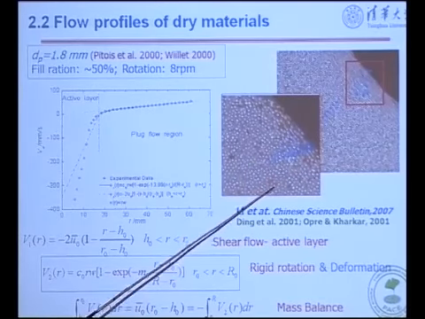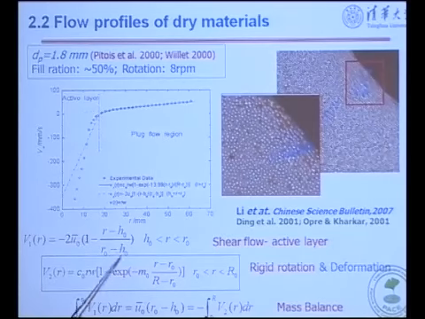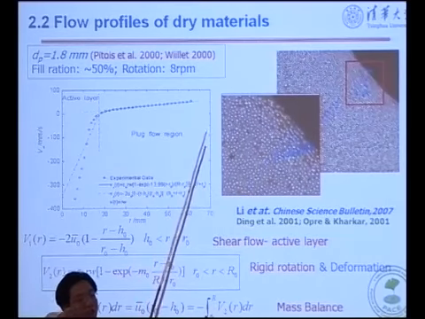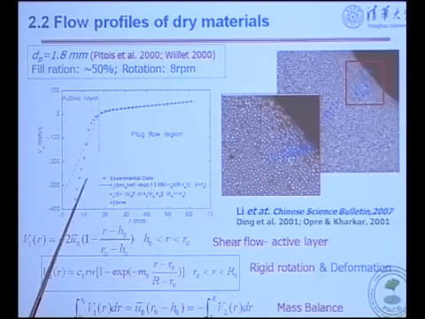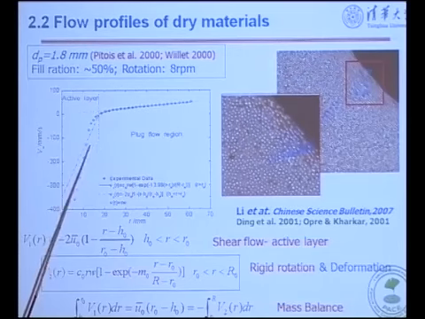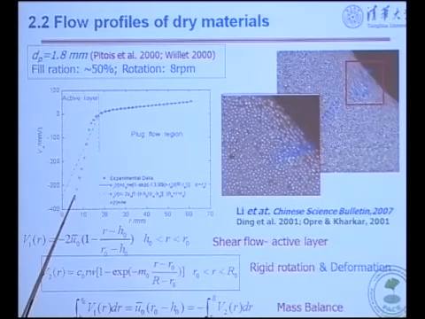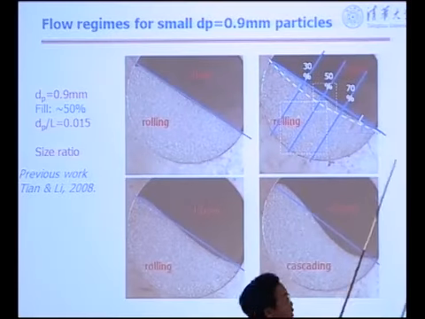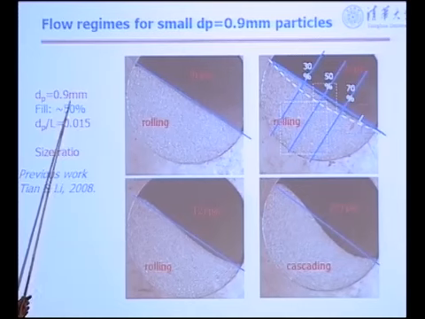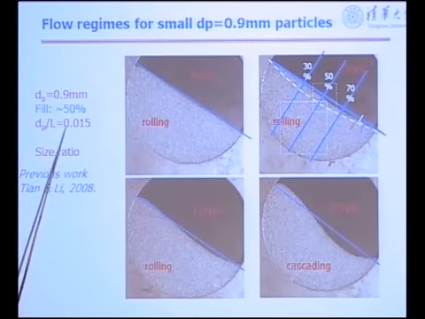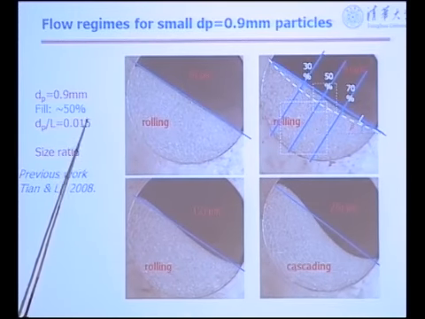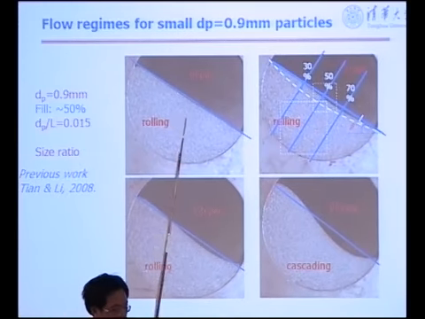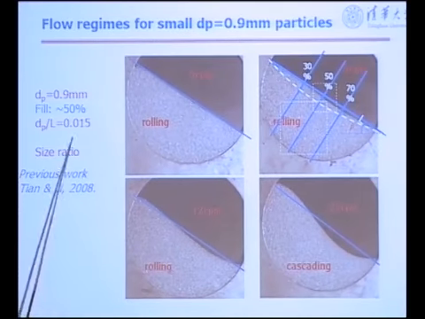But previously, in Kaka's work and previous publications, they think there is a mass balance between the down flow and upper flow. But their work assumed the volume fraction doesn't change much, only a very, very narrow layer changes. But in our work, we find that if we use this equation for the balance, there's a big difference. I was a little confused at first, but when I went back and made the particle size smaller, just half, the size ratio is 0.015.